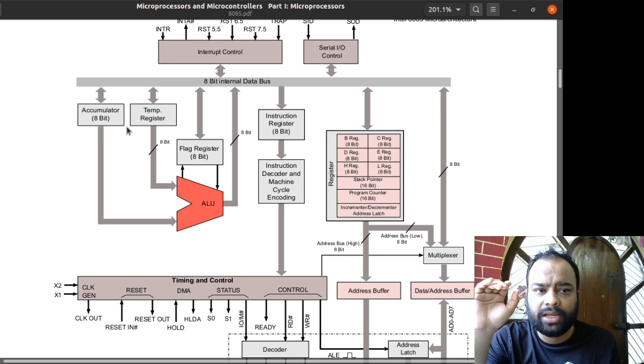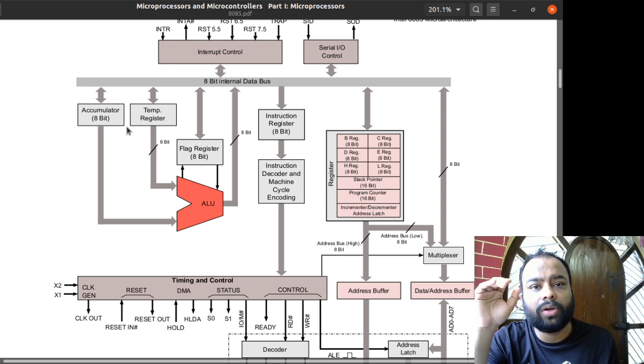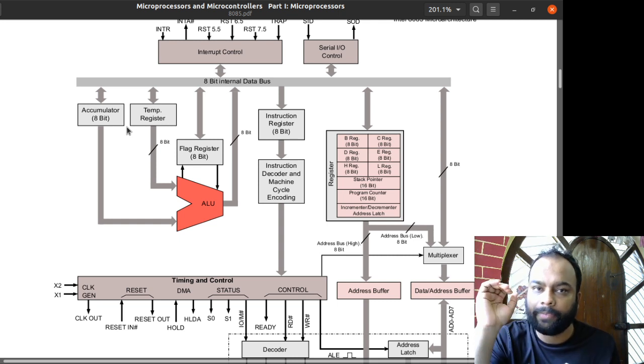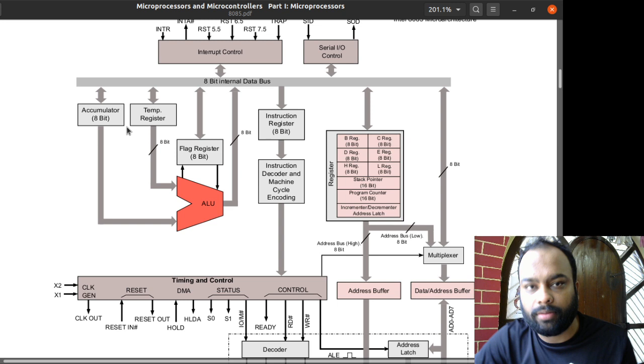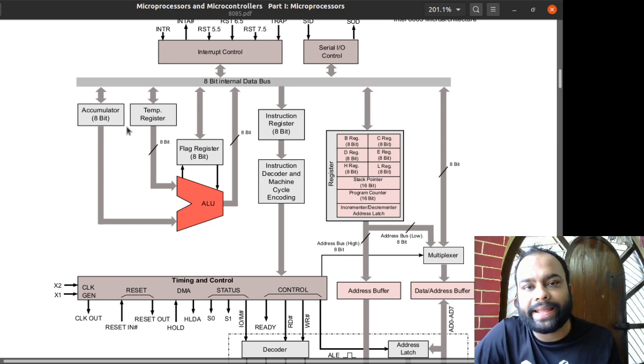So this is more than 40 years old right now. It's a long history, very old as far as technology goes. Again, we discussed why we are studying this instead of something slightly more modern. In any case, all the modern microprocessors, and by modern I mean anything released in the last 20 years,